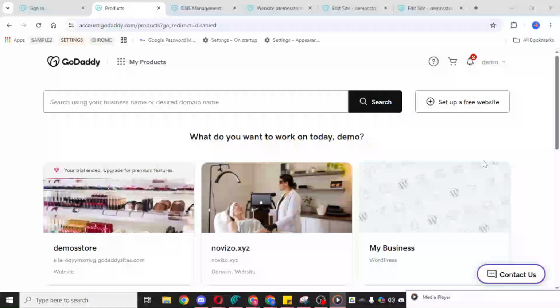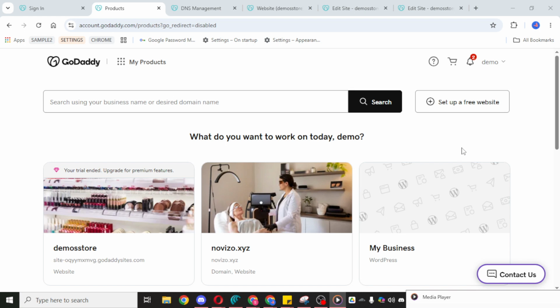In today's video, I'm going to teach you how to park a domain on GoDaddy. We'll go through the process slowly and clearly so you can follow along inside your own account. Parking a domain simply means pointing it to a designated IP address so it shows as parked rather than being connected to an active website. This is useful if you're holding a domain for later, managing unused domains, or setting things up before a site goes live. To begin, open the GoDaddy website in your browser and sign in to your account.